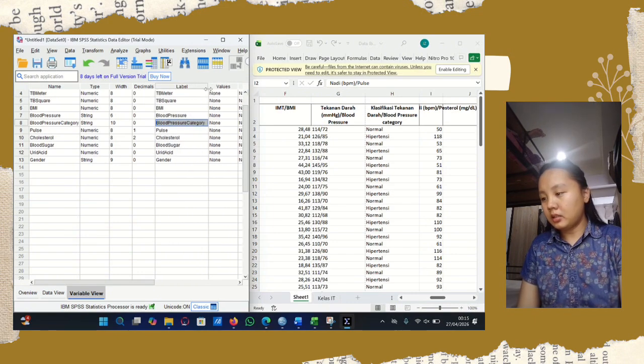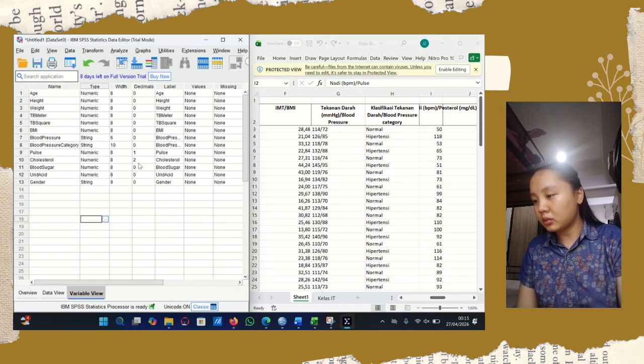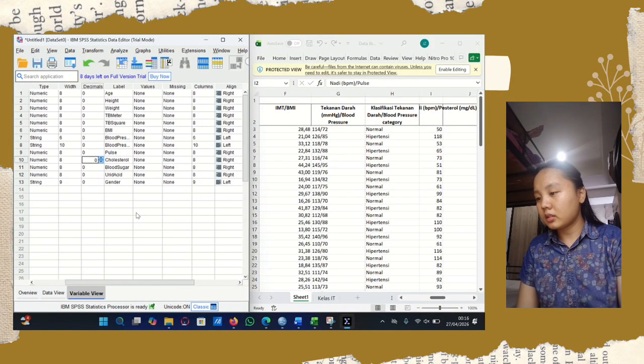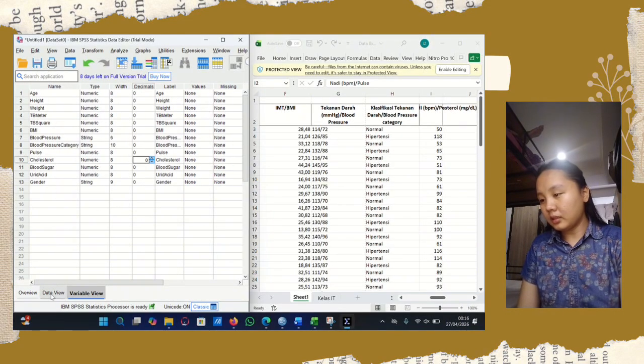After that, I forgot to change this decimal, and go to the data view.